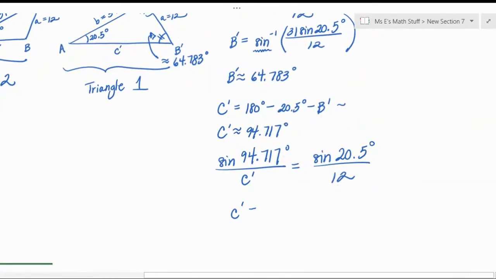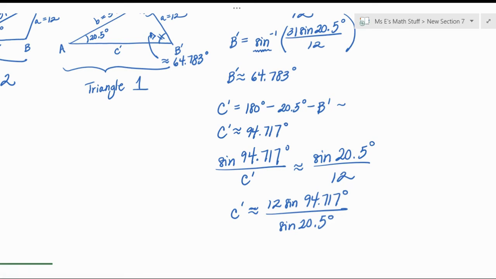I should say approximately 12 times sine 94.717 degrees over sine of 20.5 degrees. All right, figuring that out, looks like we're going to get C prime is approximately